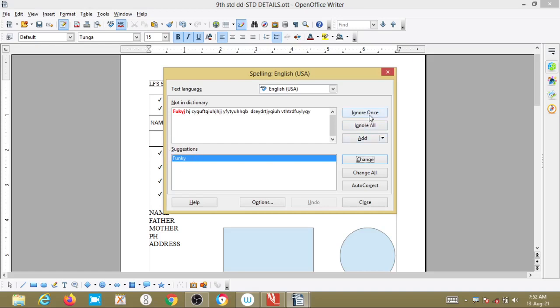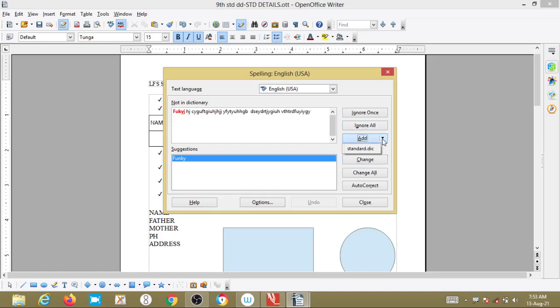Here it is asking Ignore Once. If you ignore once for this particular word, it is ignored at this stage. Suppose in the second line, third line the same word is there, again it will ask. If you Ignore All, it will completely ignore it in the whole document you have written, and it will be placed as you have written, without any changes.